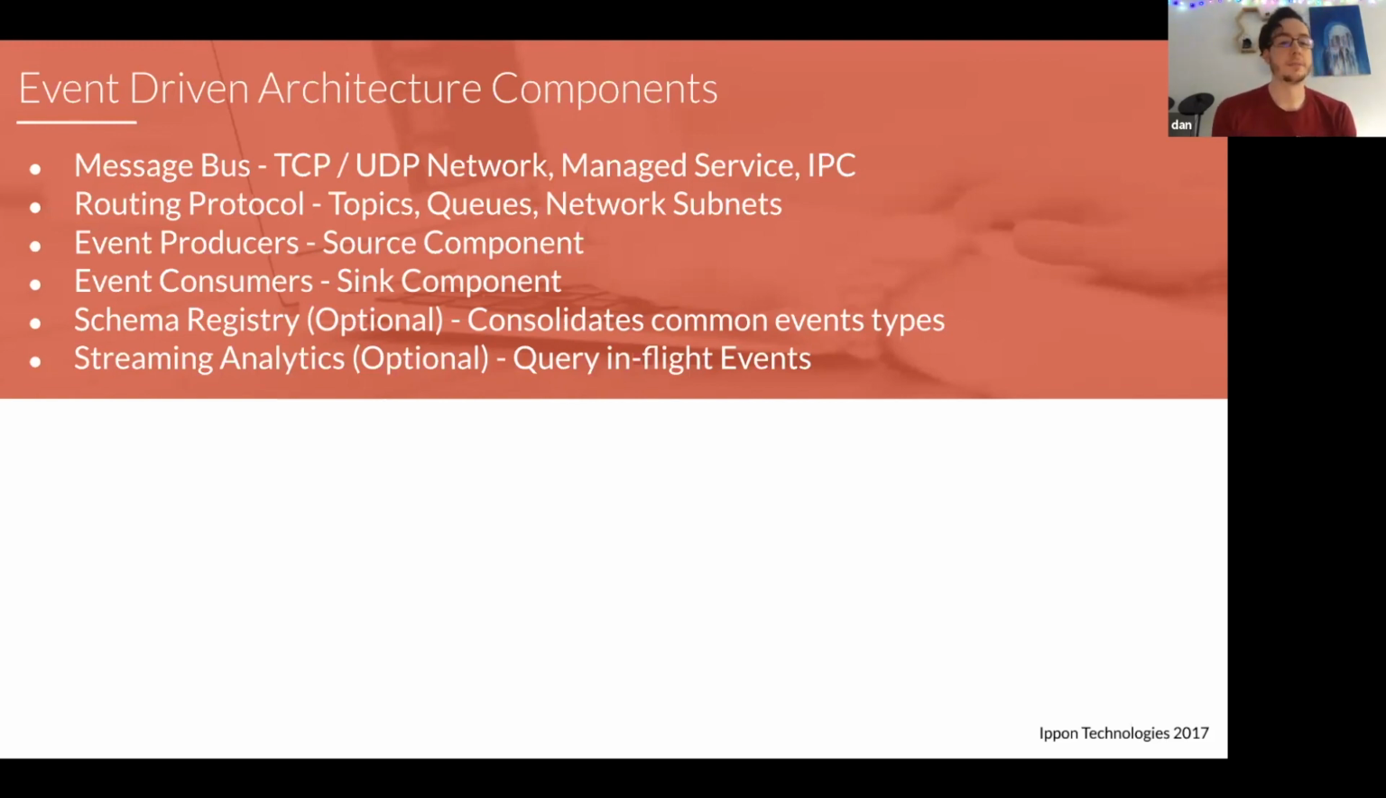The routing protocol can be anything you want. If you're familiar with RabbitMQ, you'll probably know about queues. If you're familiar with topics, you're probably familiar with Kafka. Some message buses use network subnets or rely on networking protocols like UDP to facilitate messaging. But as long as there's a way to transfer messages over a network, you're good to go. And then you need an event producer and a consumer, something to publish the message and something to consume it